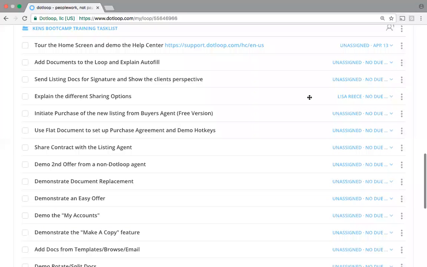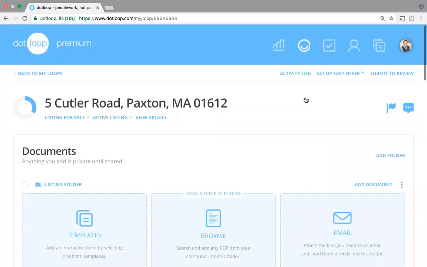As an office, can we add tasks that automatically populate to a buyer and seller? Yes, you can add tasks and assign them to a role. Automatically, it would be in the loop. So when you build your loop template, you can automatically have a task list that goes into that template, so as soon as the agent creates the loop and says, I want the new listing template,